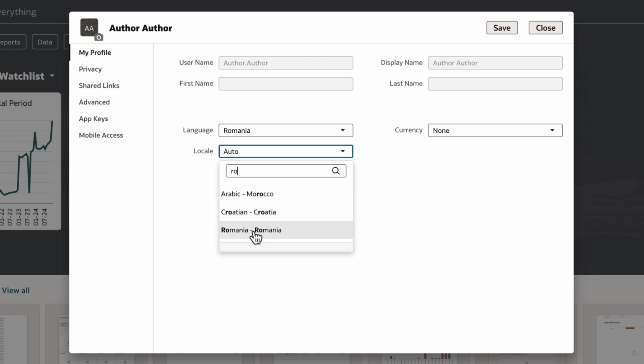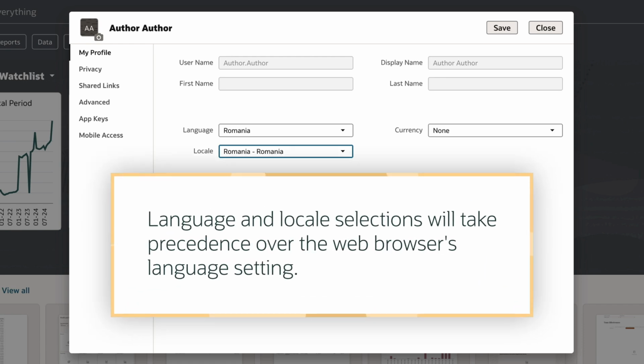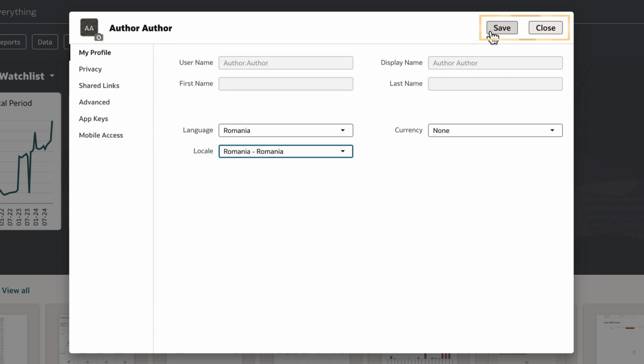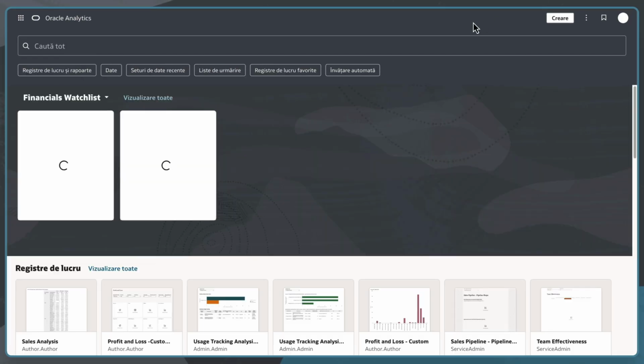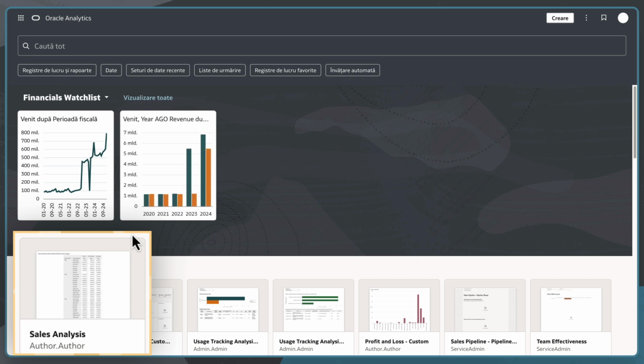When I select my language preference for the user interface and locale, these selections will take precedence over my web browser's language setting. I'll save this change and close the dialog. I need to refresh my browser to view the changes. Now, when I open my Sales Analysis workbook,